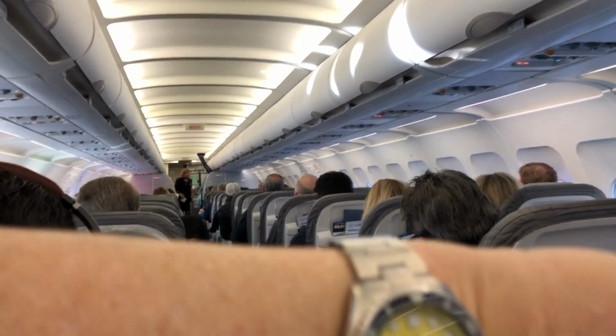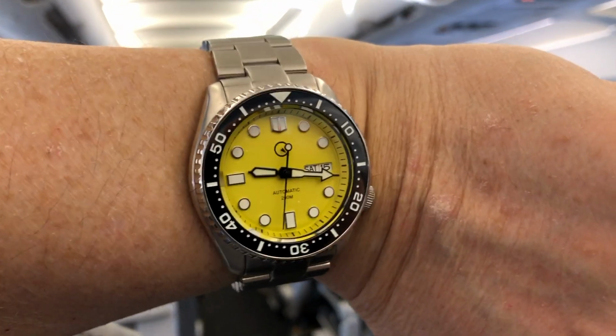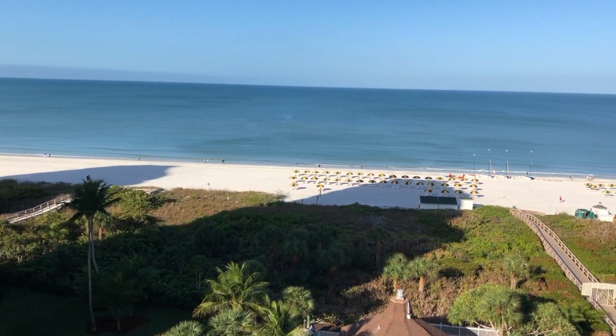Ladies and gentlemen, we have shut the main cabin door at this time. We do need all customers in their seats with their seatbelts securely fastened. If you're currently using...